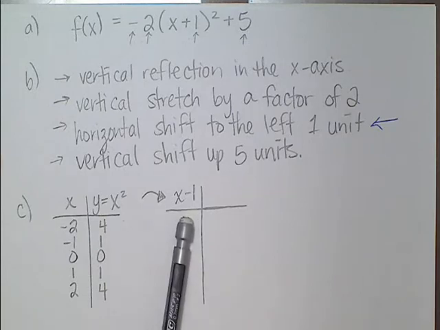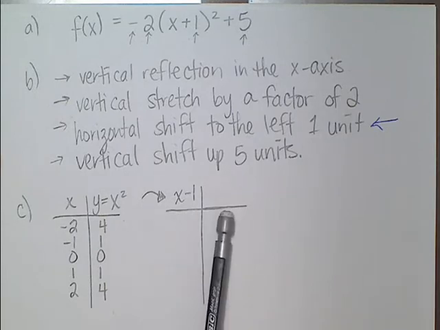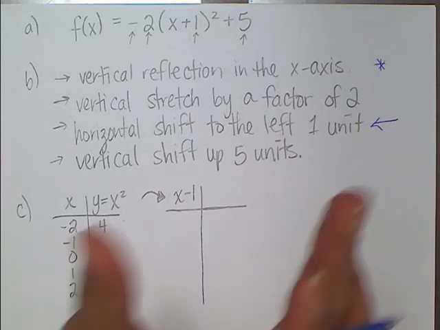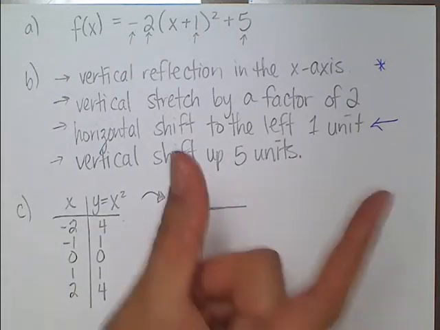This is the new mapping formula for my x coordinates. Now let's think about the y coordinates. The y coordinates actually have a lot more transformations applied to them. And if you notice here, there's a vertical reflection, which means all the y values that were positive are now